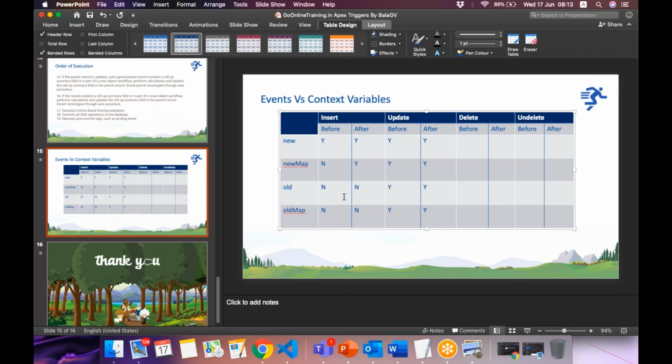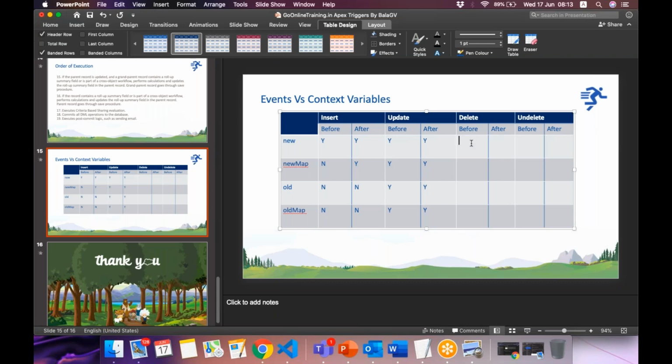Because the record is not yet saved before insert. That's why new map is not available. It's no, but new is yes. But here in the update, the data is already there in the database with the ID. Even the new version will also have ID. So that's why all the four will be yes in before update and after update.